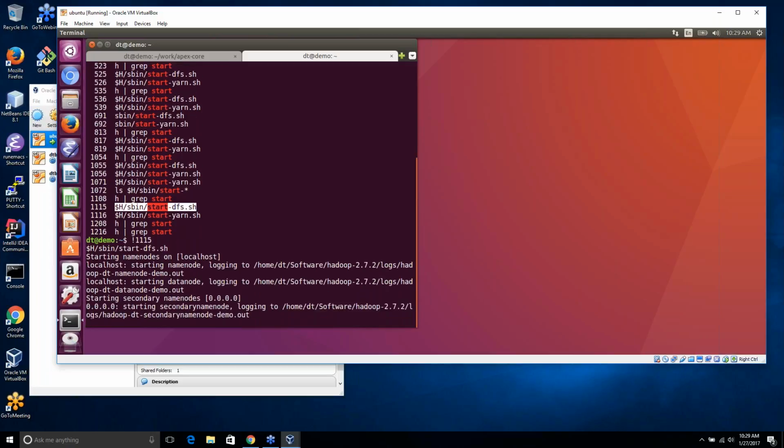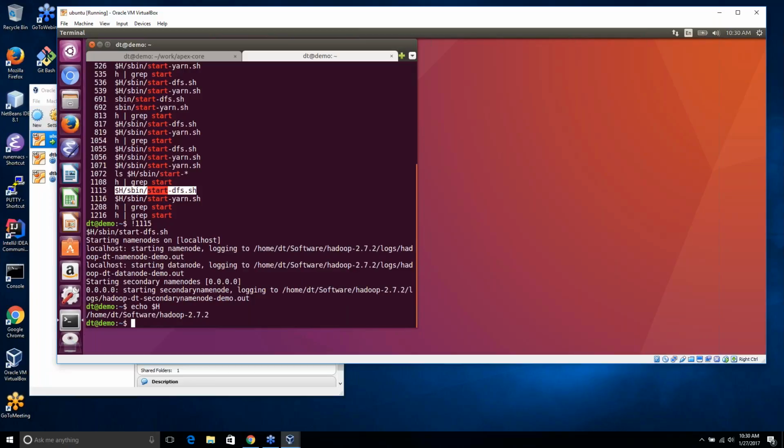Recall that capital H was just a path to the location where Hadoop was installed on my machine. So under the Hadoop installation directory, you'll find an sbin subdirectory, and under that you'll find the start-dfs.sh. So just to refresh our mind, here's what $H looks like. Okay, so once we've done this, there should be some daemons running. You can run the standard Linux